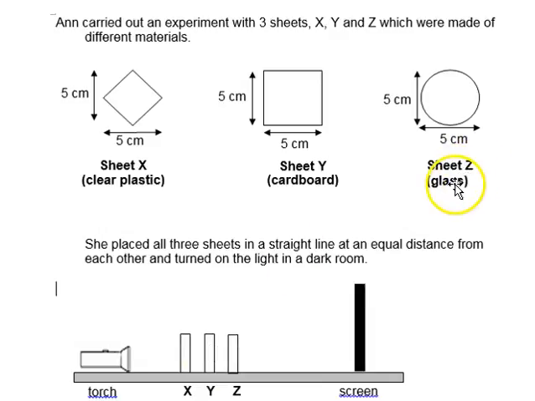We know sheet Z is glass. Now we know glass can be transparent, like the glass used for cars. Cars do require it in Singapore. It's a requirement for it to be transparent so that we can look through it. Glass can also be